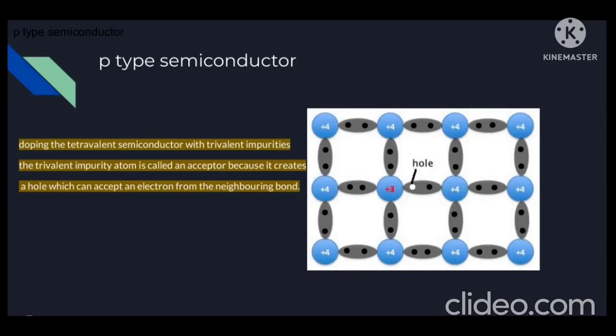The next semiconductor is the p-type semiconductor. When a suitable trivalent impurity is added to a pure crystal, for example a germanium crystal or a pure silicon crystal, we get an extrinsic semiconductor, and that extrinsic semiconductor is known as p-type semiconductor. In this case, the trivalent impurity atom, which has 3 valence electrons, is added, and the trivalent impurity atom is also known as the acceptor atom because it creates a hole which can accept an electron from the